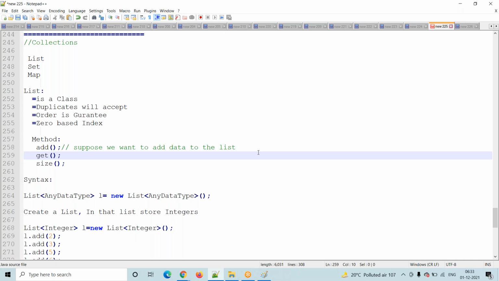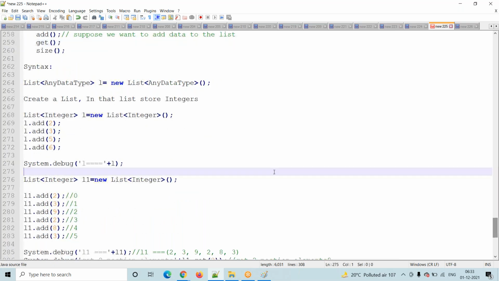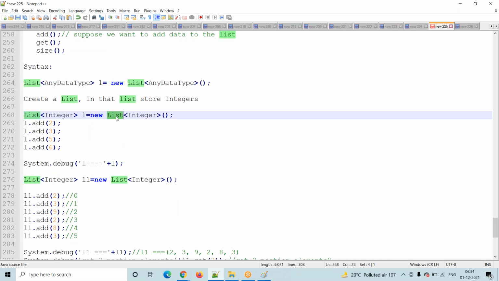Now suppose we want to create one list with integers. That is my requirement. Go and create one list, and in that list you have to store only integers. How are we going to create a new list? List is a class, right? Suppose I want to create an instance of a class, how do we do it? new A, right?